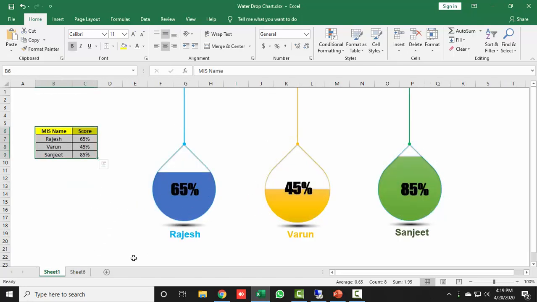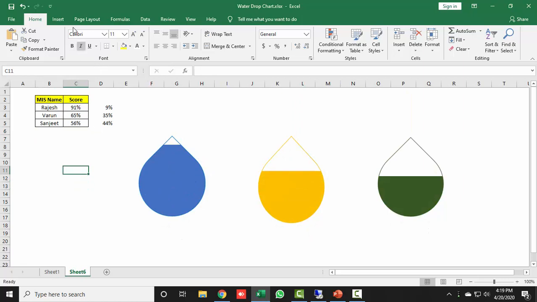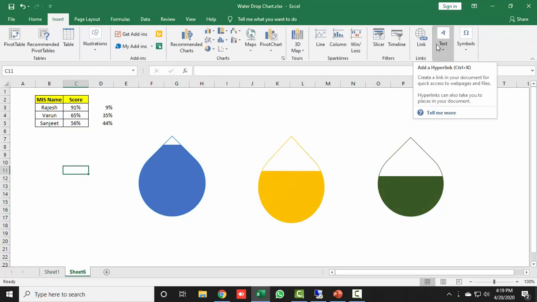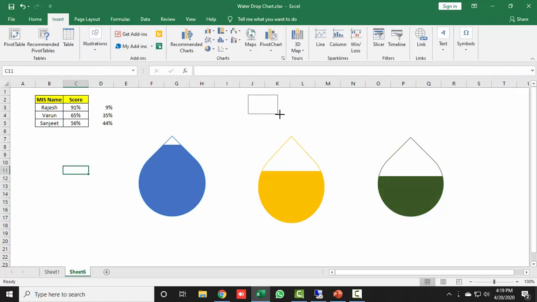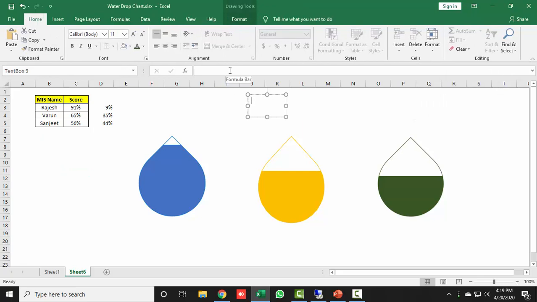Next, I need to add the data label, so I will go to the Insert tab, take a text box, and draw it. Select your text box, click on the formula bar, press equal to, and select your score. Enter. Alright, now make the score font Impact, increase the font size to 28, and make it bold.